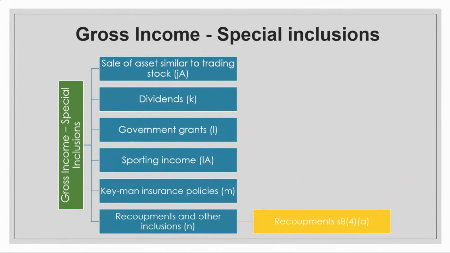Then other things is the sales of assets similar to trading stock. So it is something that you do not classify as trading stock, but it is seen as similar because of how often you sell it. Then you've got your dividends, your government grants, any sporting income, then your key man insurance policies. Any income from that would be included in your gross income as well. And then recoupments, the ones that you specifically need to be aware of, is section 8(4)(a), and we're going to do an example today. Okay, now before we just move on,